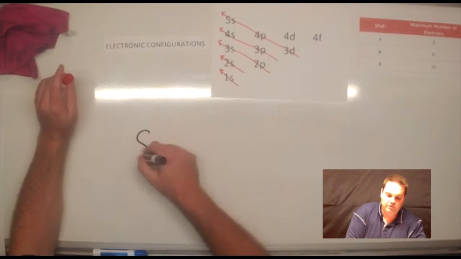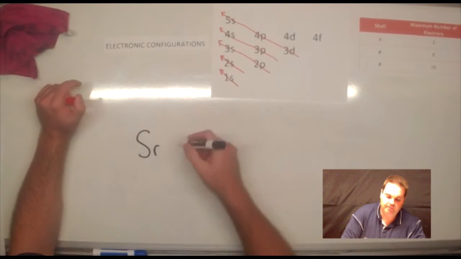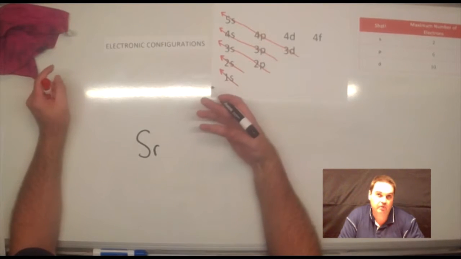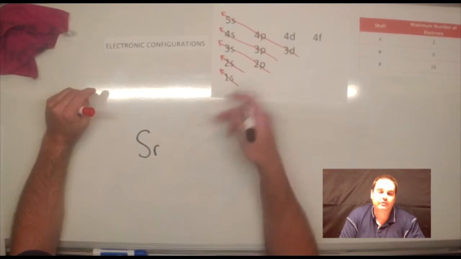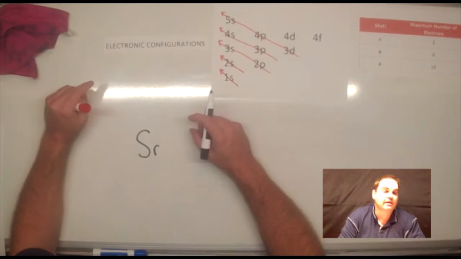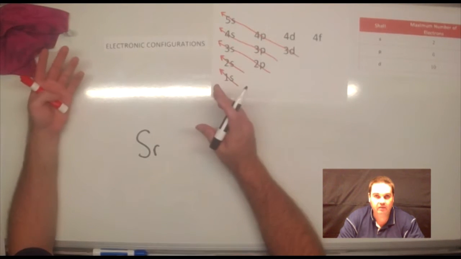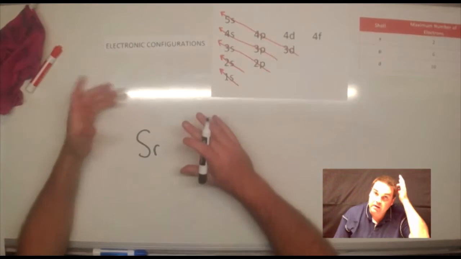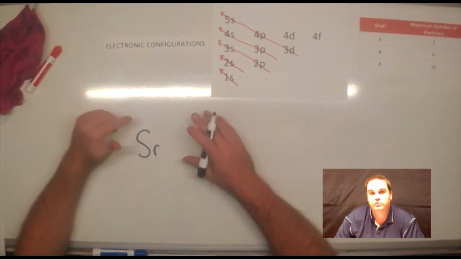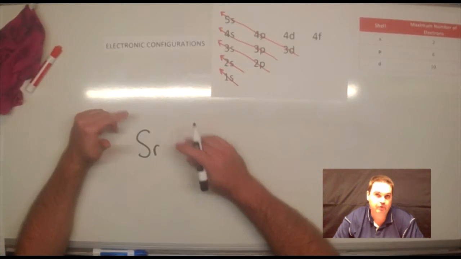Okay, strontium here, and see if you can do this yourself firstly. So I'd pause the video. See if you can do it using this, getting to the highest maximum shells that you can, and using the atomic number off the periodic table. So pause it, see if you can do strontium yourself, finding the atomic number off the periodic table, and